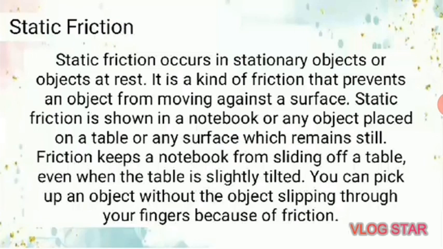Friction keeps a notebook from sliding off a table. Even when the table is slightly tilted, you can pick up an object without the object slipping through your fingers because of friction. So, ang static friction naman ay